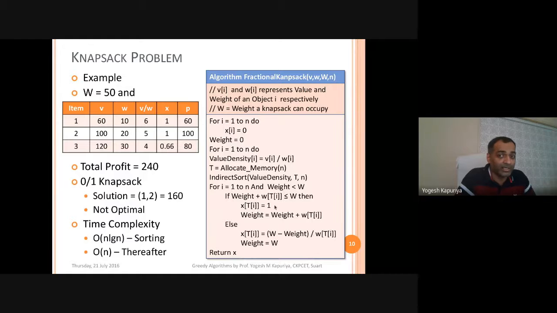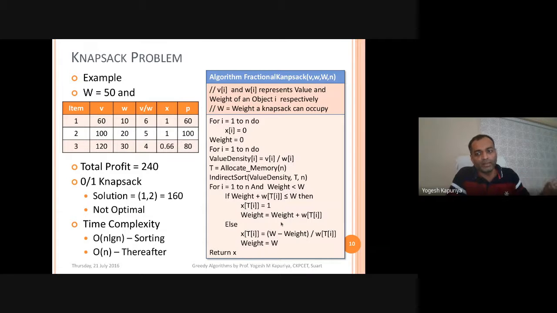Because I have selected the item, that means I am putting that item into the knapsack. That means that weight will add to the current weight of the knapsack. So that's why I'm saying weight is equal to weight plus W of T of I. Is that clear? So this is when we select the item entirely.